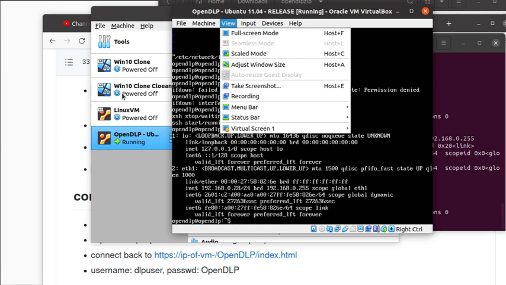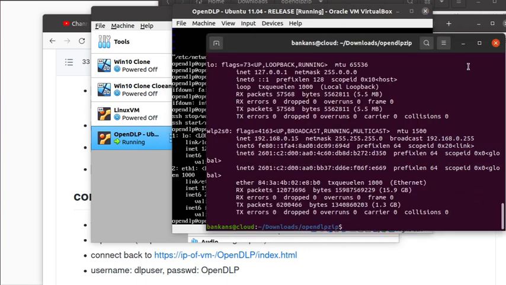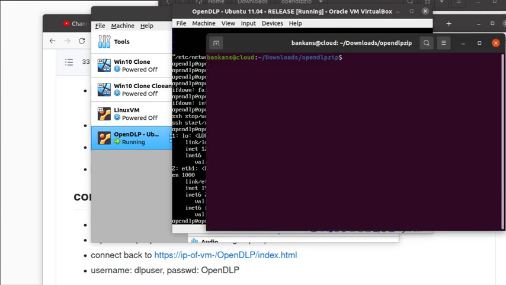Now typically what you may want to do is set up a bunch of other machines and put them into the same network, so you are not using the host machine to connect back to your OpenDLP machine. If you want to set up your lab that way, you just go back and create a NAT network and put all the machines that you want to talk to each other in the same NAT network. In our case, we are using our computer's network to assign an IP address to this particular virtual machine. So now all I need to make sure is come back over here, do a clear on it,